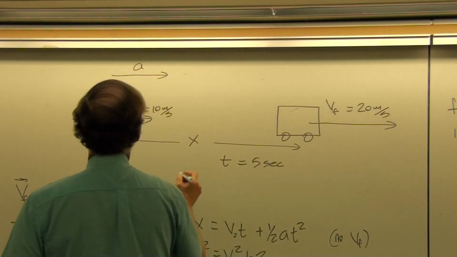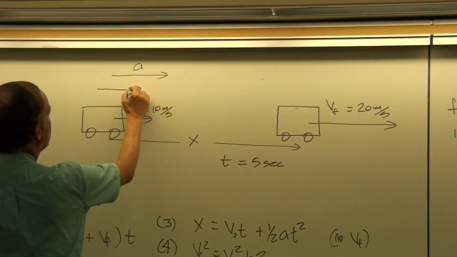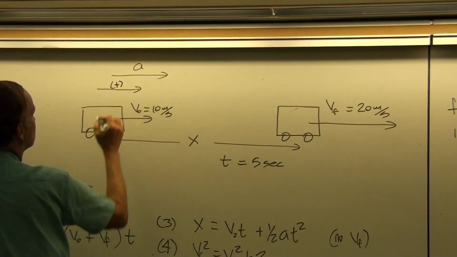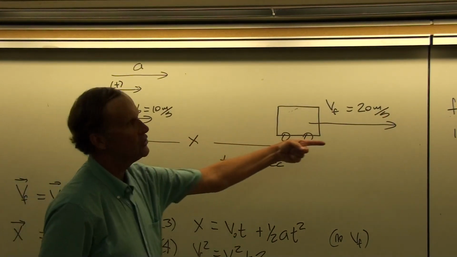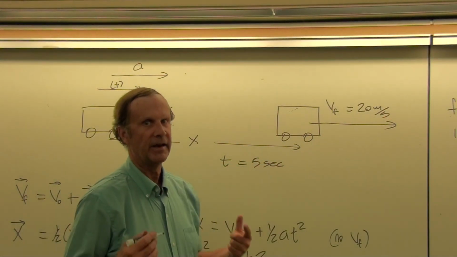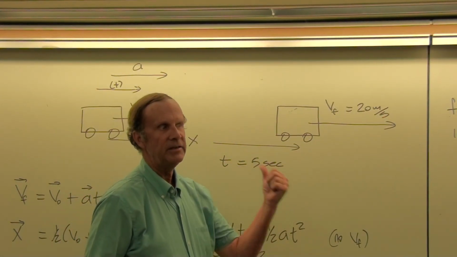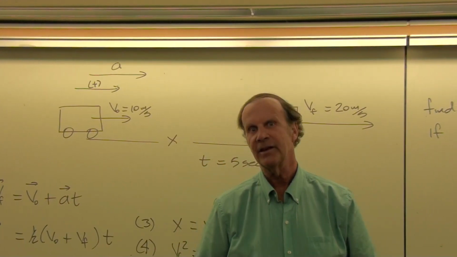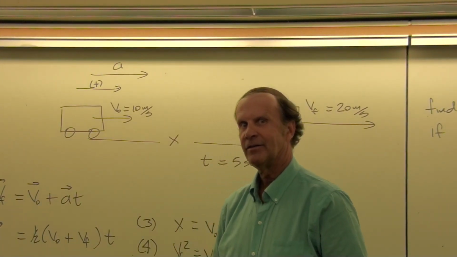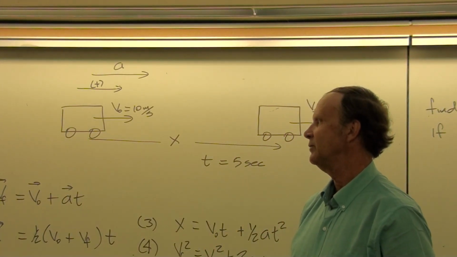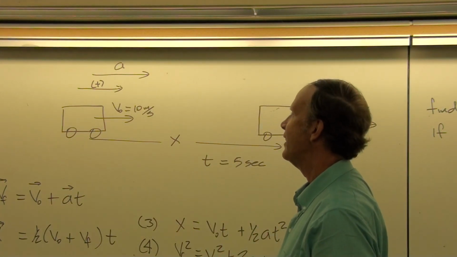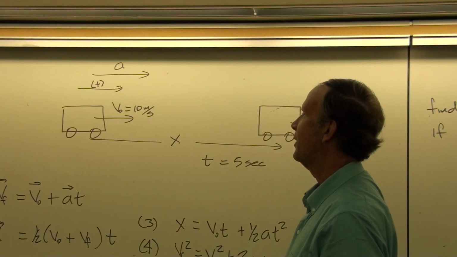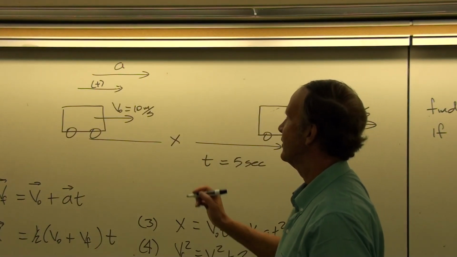All right. And we also want to define what we mean by our positive direction. Positive x should be to the right, because that's the direction that everything is moving. If I define positive to be to the left, then everything would be negative. I might still be able to get the right answer, but it would be harder, because we would be choosing an unnatural positive direction. Okay, so this is step 1.